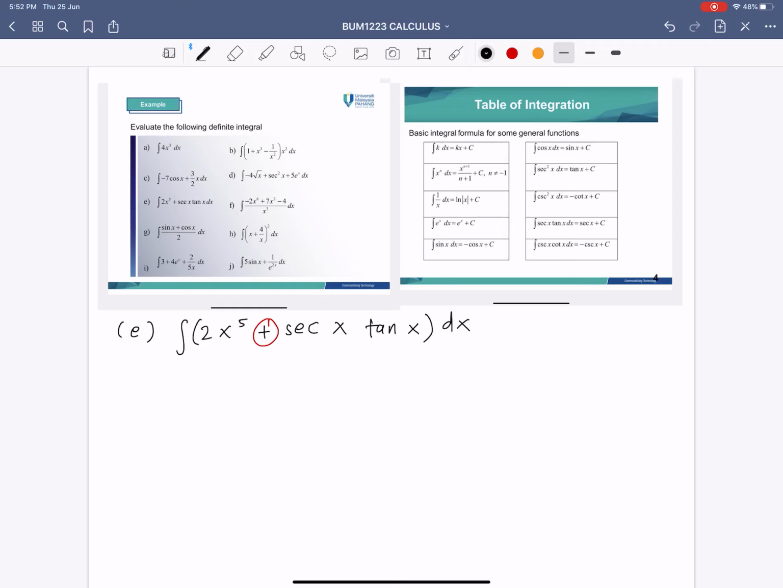Okay. So we should have here plus. This one's supposed to be a bracket here because we have the summation of terms. Okay, so this is equal to